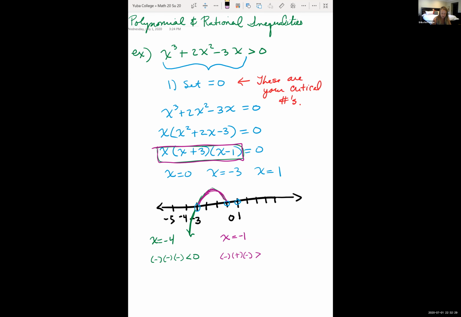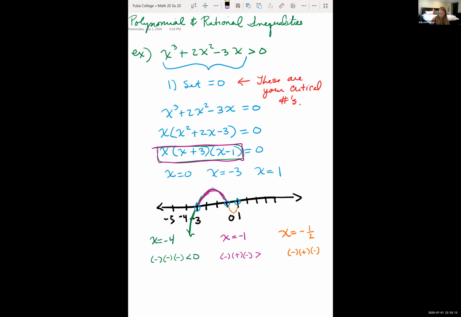But again, let's do that reasoning: at x equals 0, that's a factor that only occurs once. So again, this is going to have to go below the x-axis, turn around, and hit our number. If you chose any number between 0 and 1, you'll notice that you're going to get a negative number. So if I chose -1/2, well, -1/2 is negative, -1/2 plus 3 is positive, -1/2 minus 1 is negative. Multiply that all together, it's